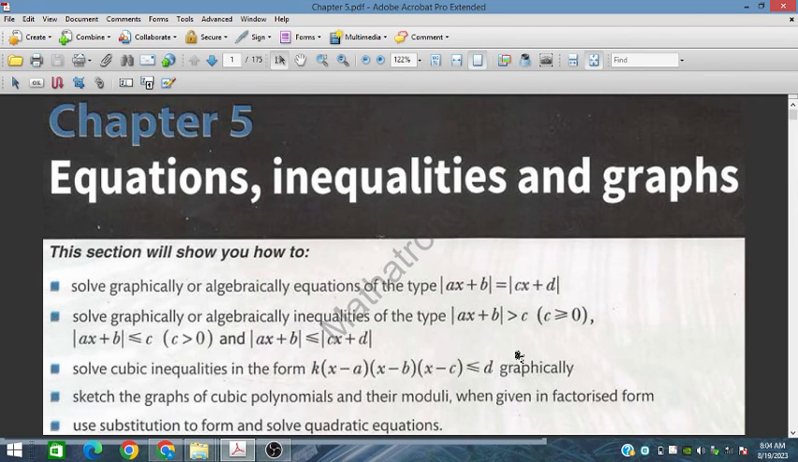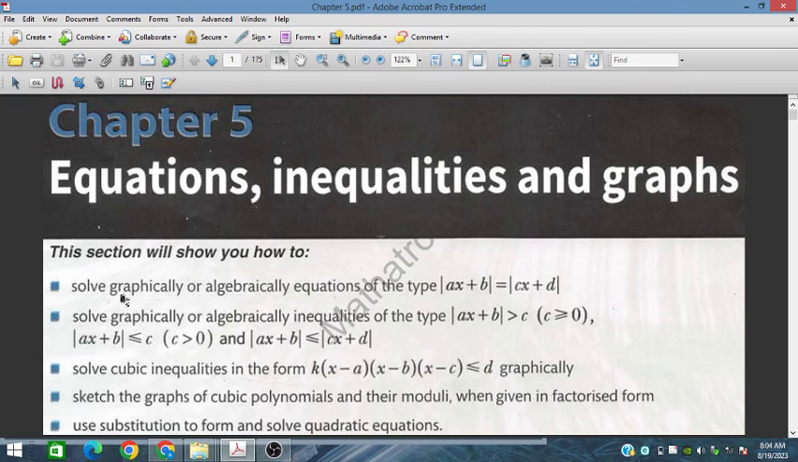Rahman Rahim. Today we are starting chapter 5 that is related to equations, inequalities and graph. This is a very important topic for O-level and IGCSE level students, and in this